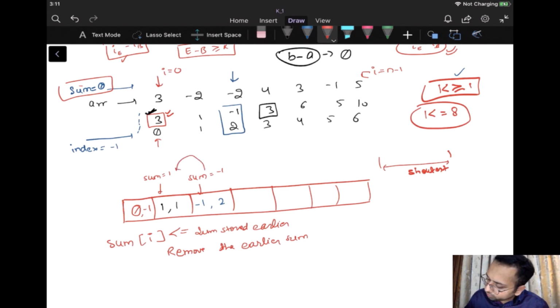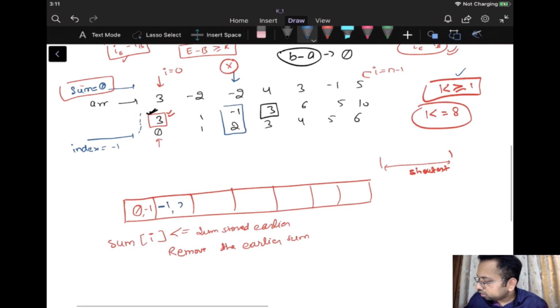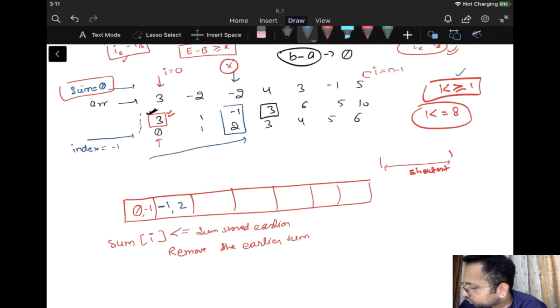We should remove the previous sum because this point cannot be the starting point. So I'll remove this earlier sum and I'll insert this sum minus 1 comma 2, because the starting point could be from this particular position. This could be the A, right? So we will insert this particular element.